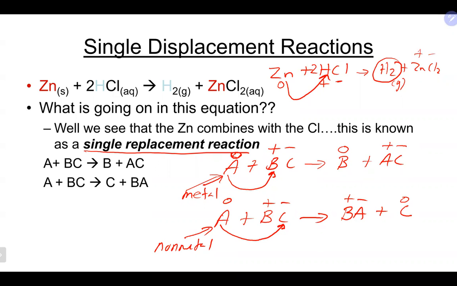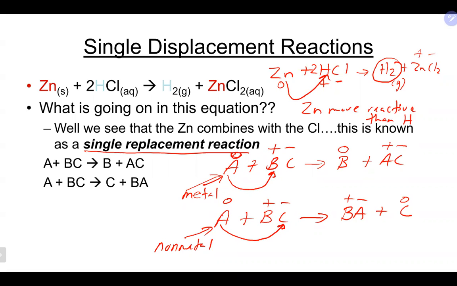In order for this reaction to actually take place, whatever is coming in needs to be more reactive than what it's replacing. So if you did this reaction, which you probably did, and you saw it actually take place, that means that zinc would be more reactive than hydrogen. So whatever is coming in needs to be more reactive than what it is replacing for this reaction